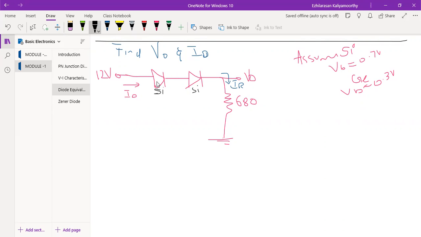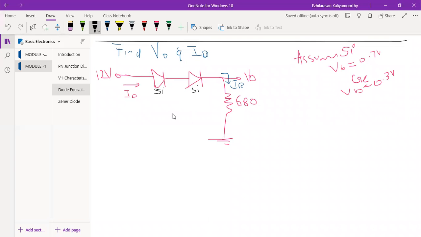Next, the second thing is you need to check how it is connected to the battery, that is 12 volt given. You should check whether plus is connected to plus, which means you need to identify the bias, whether the diode is in forward bias or reverse bias. Here the negative side is connected to ground, that is negative. So it is properly connected, and both the diodes are in proper connection.